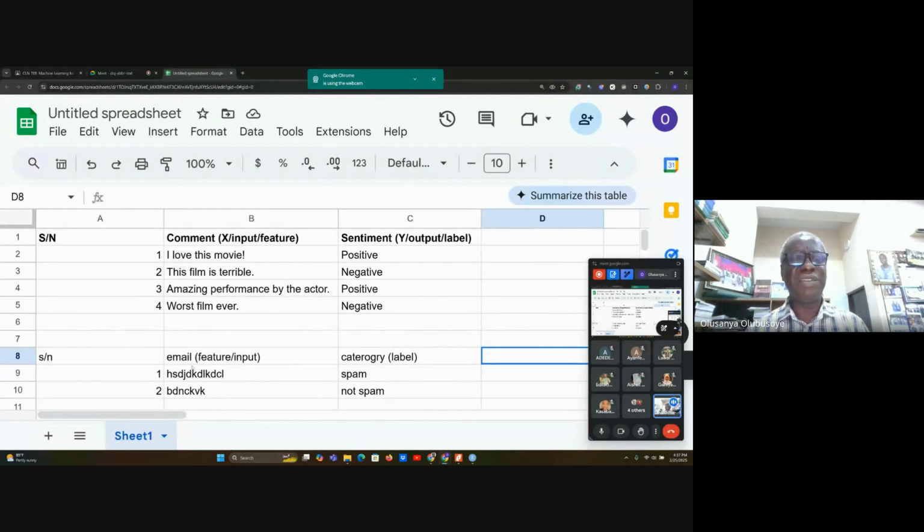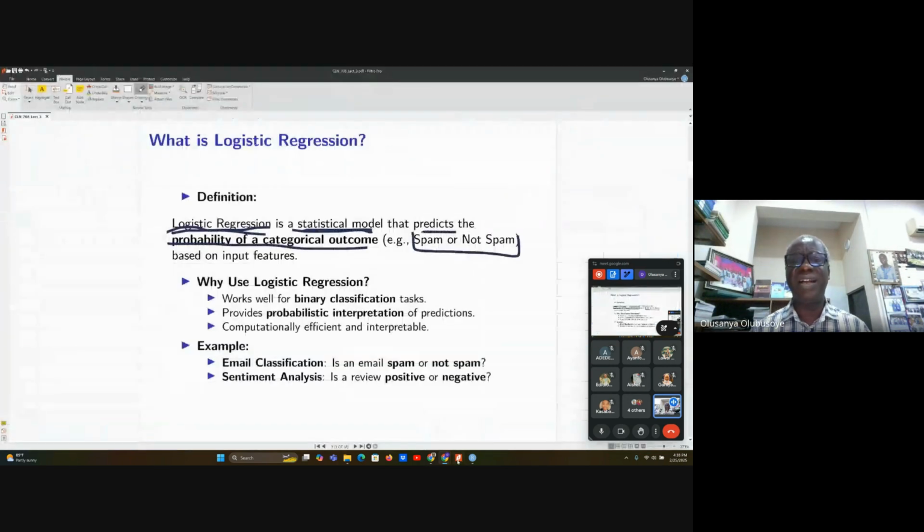Again, if it's about email, we are interested in the probability of the email being a spam, the probability of the email from this person not being a spam. So in essence, logistic regression helps to predict probability. And as you will see later, that probability is then used to